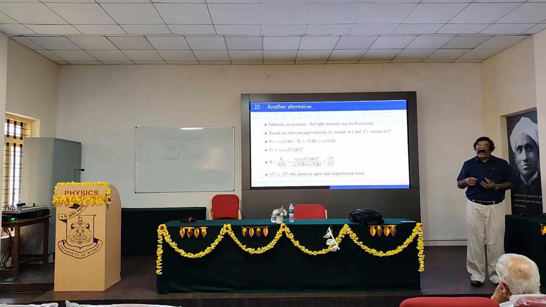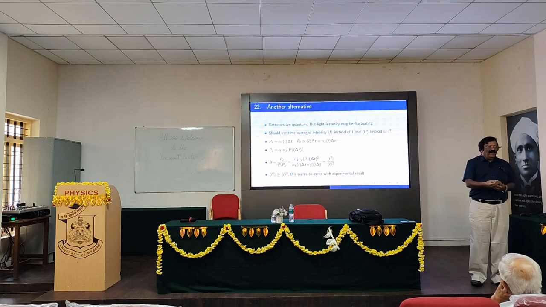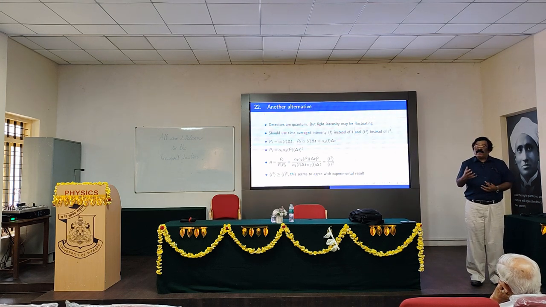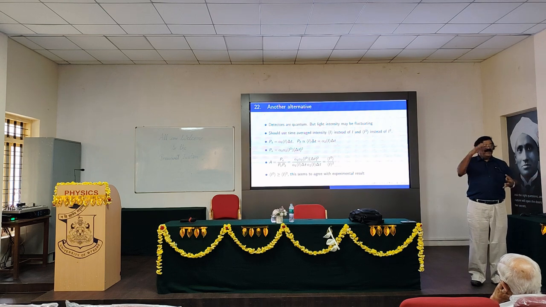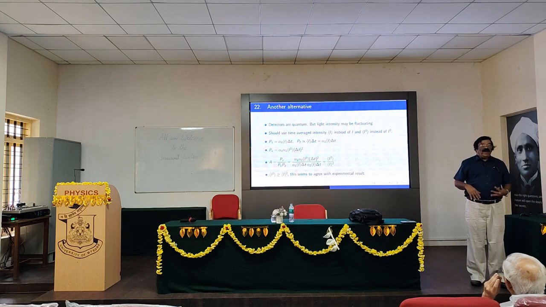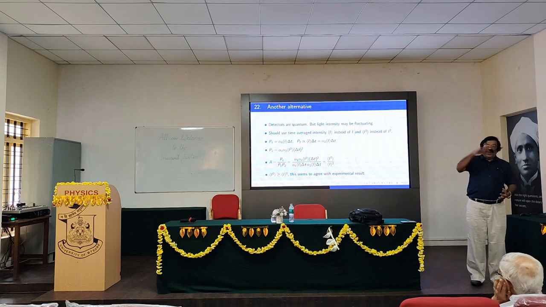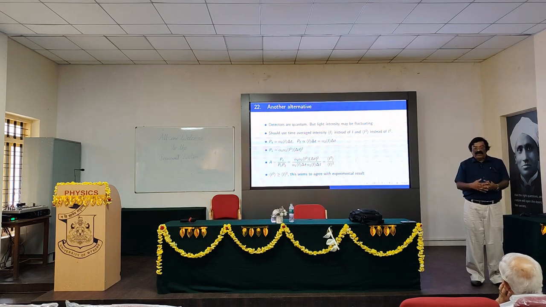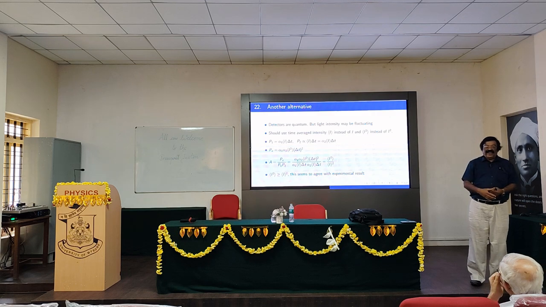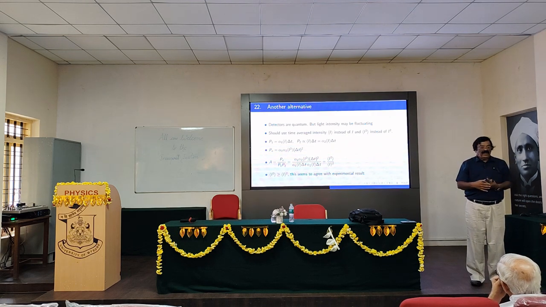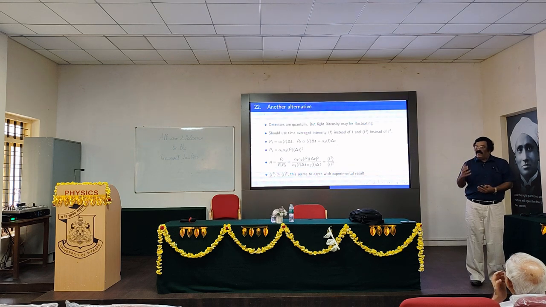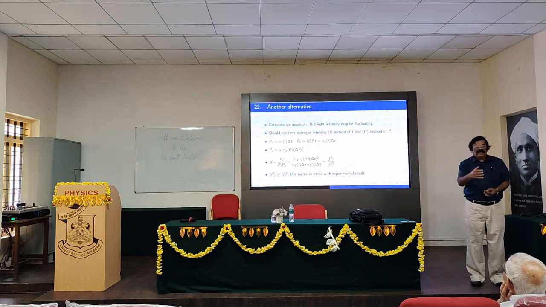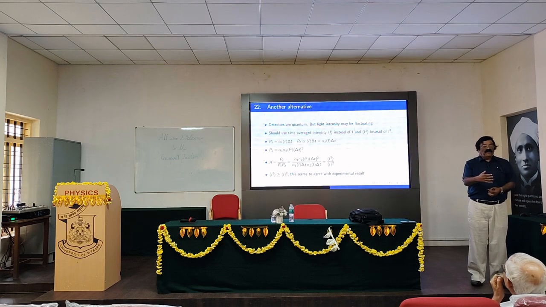When we blink, our blinking takes 10 power minus 3 seconds. So 10 power minus 3 seconds is 10 power 12 times larger than the period of this oscillation. By that time, it would have oscillated 10 power 12 times. Therefore, though there is a time varying intensity here, what we see is an averaged intensity. The light that we are getting is actually varying in time, but thank God that variation is so fast.